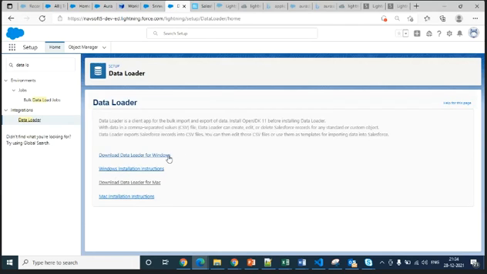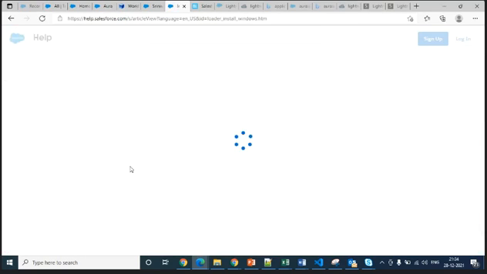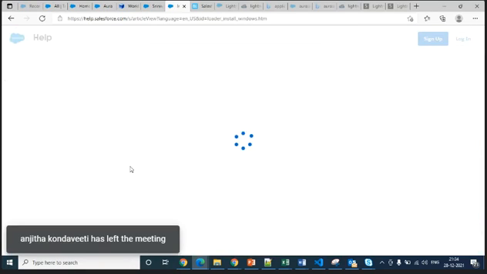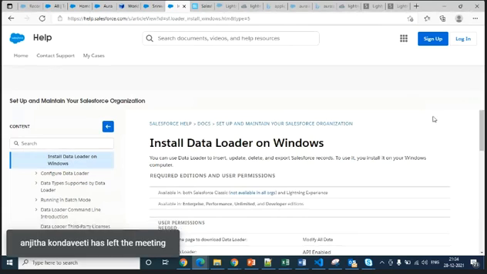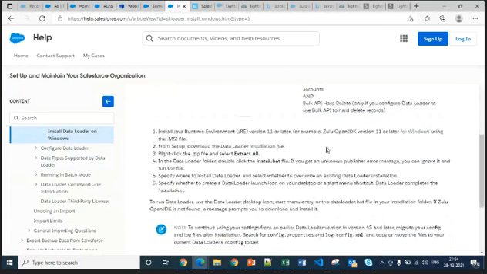See here, if you are using Windows, you can follow these instructions. If you are using the Mac, you can follow these instructions. Ideally, it depends on what you want. If I click that, it will tell you that you need to install many things. But you can simply follow this here.